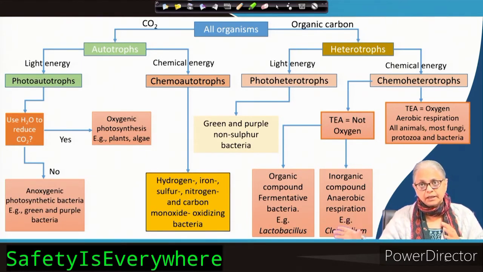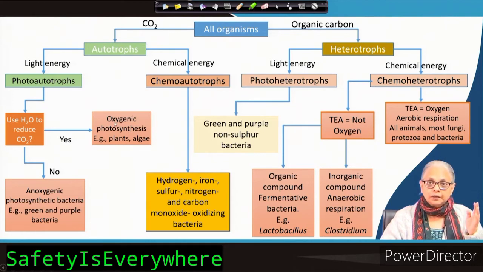Because remember, the final end product is biomass. If water can be used to reduce carbon dioxide to organic carbon, and the answer is yes, that means those organisms are what we call